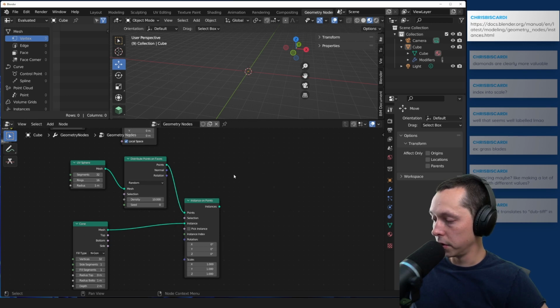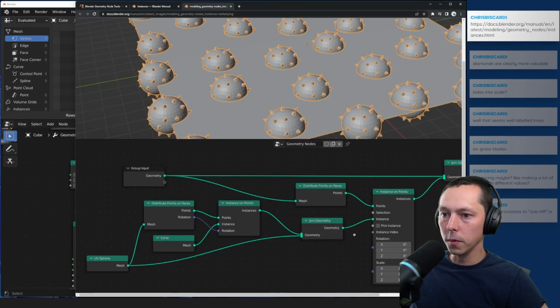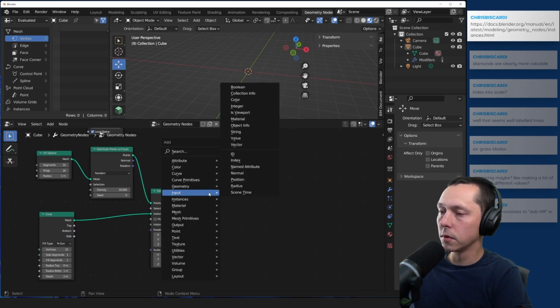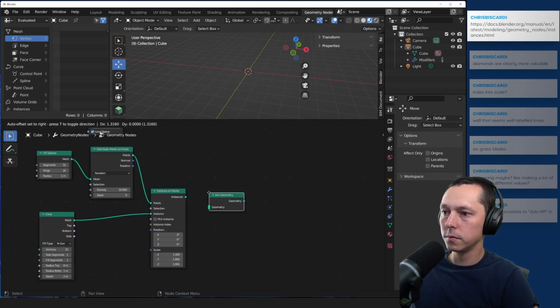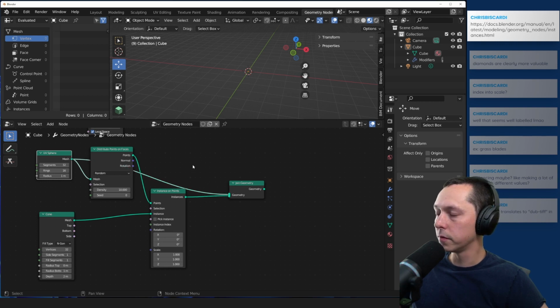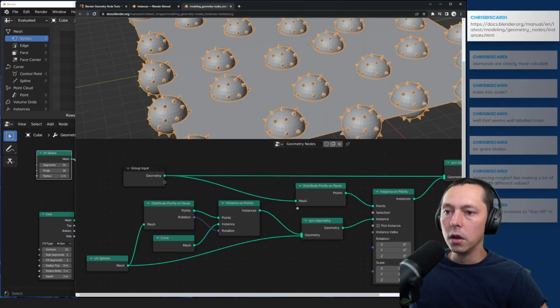Let's get that one out of here. And we are going to join all of that geometry together. I'm going to join both the instances of the cone plus the original circle itself. And